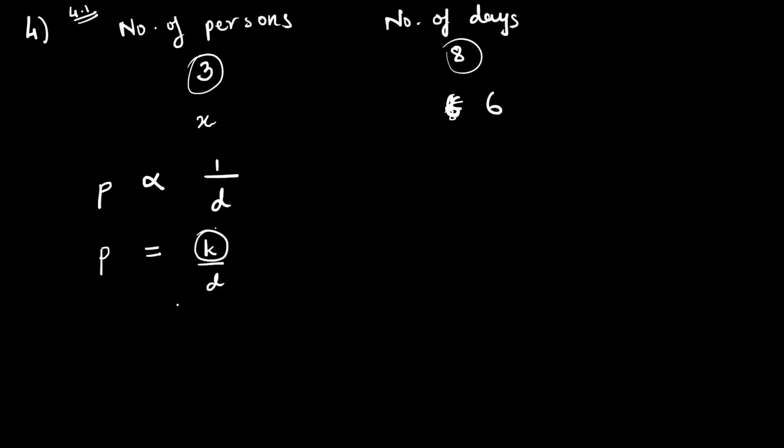K, if you all remember, we used to call it constant of variation. This is just revision of something that we have done in 8th. Let me quickly go through this so तुम लोग को थोड़ा याद आ जाए, and then I'll teach you a smaller way of doing the same thing. Okay. So here, if I substitute the value of P and D, जो मेरे को पता है, जैसे number of persons जब 3 है, तब number of days 8 है. So these two values I know. Okay. So number of persons, if I put it as 3, K upon, if I put it as 8, and if I take 8 there, so when I multiply, I'll get K as 24.